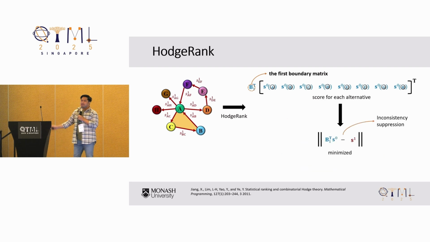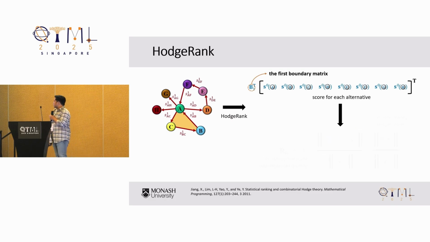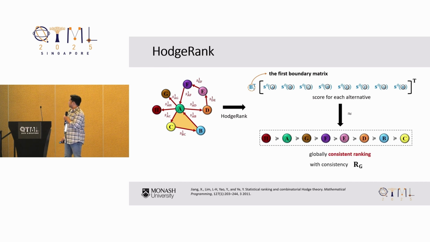Importantly, this solution, these scores, satisfy this L2 minimization problem, indicating that we suppress the inconsistency that appeared in this pairwise graph or this network. And we can measure the quality of this suppression using this quantity called consistency measure. So finally, we can just sort these scores from smallest to largest, and we can get a globally consistent ranking